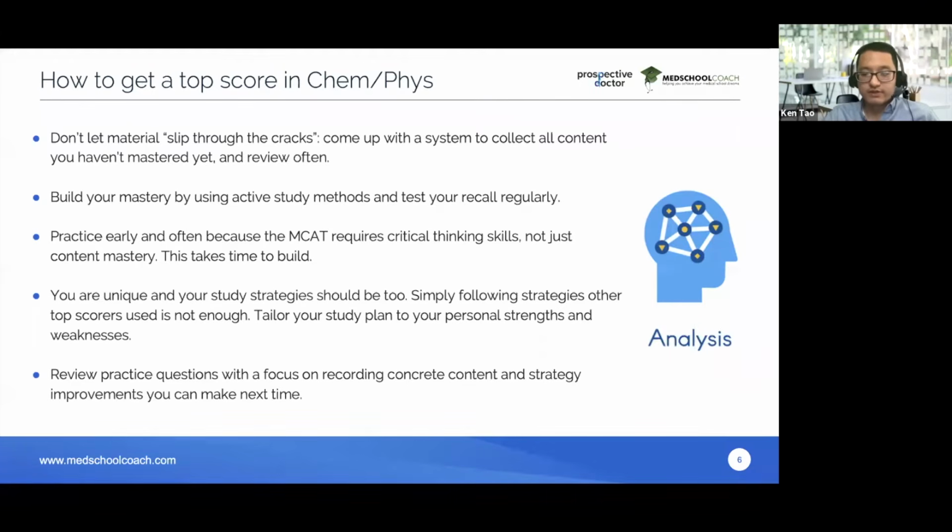But often for those students, the tendency is just to miss a bunch of questions over and over and over again, right? For a lot of questions, you have to figure out why you're missing those questions. And if it's just that you're lacking content, you need to spend time and go review the content, right? At the same time, you can't just do the content and not do the practice, because then you won't know how to apply that content. So practice is important, content is just as important.